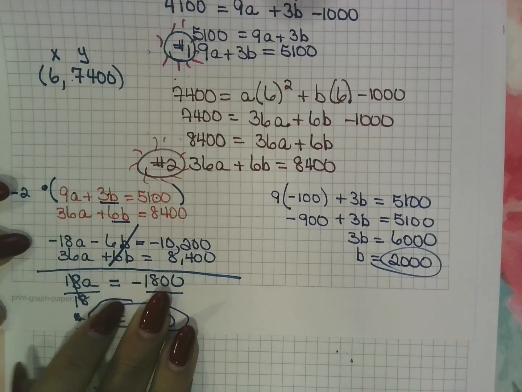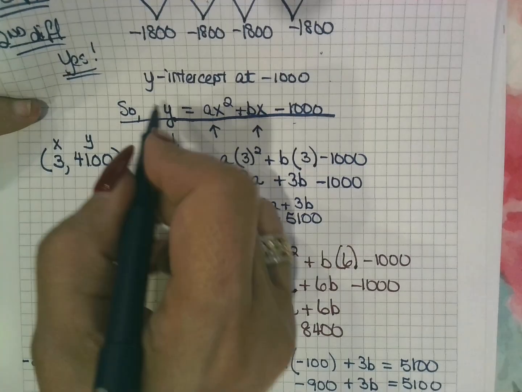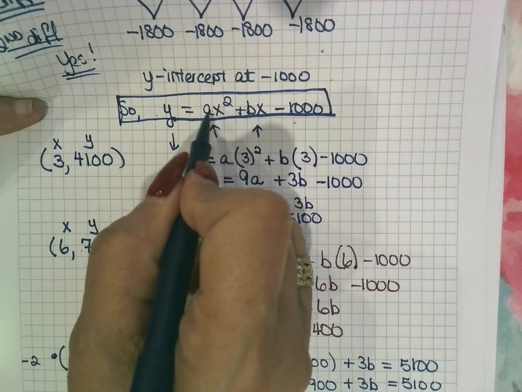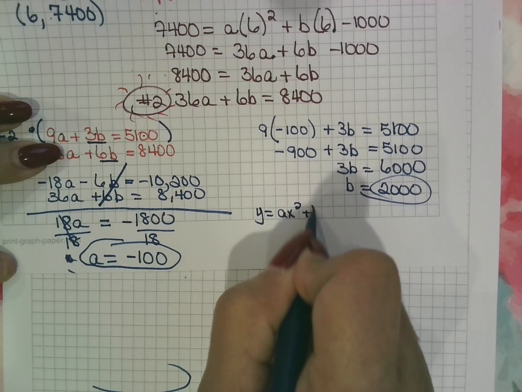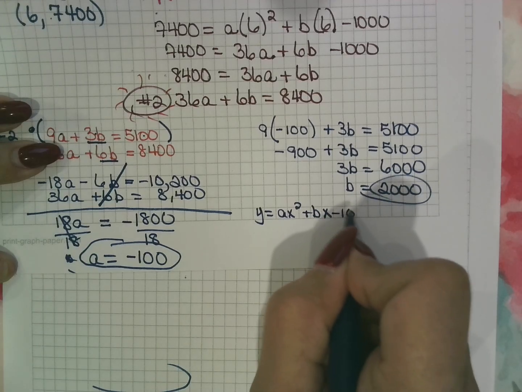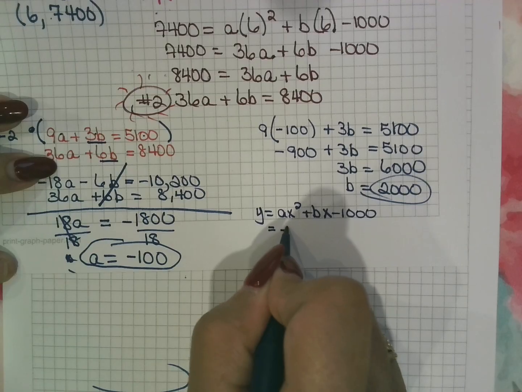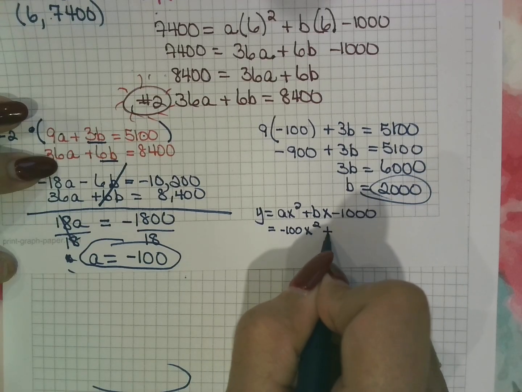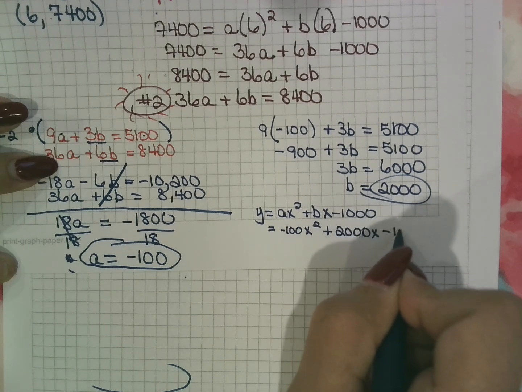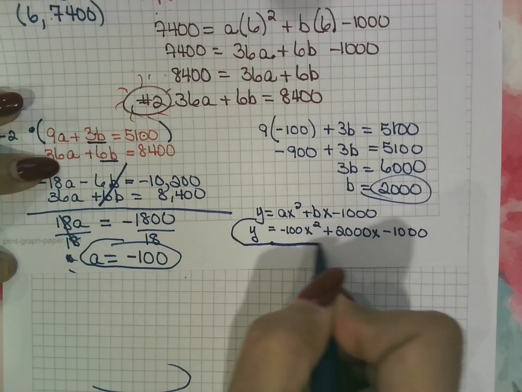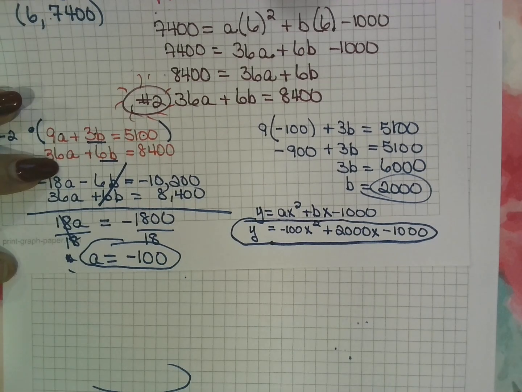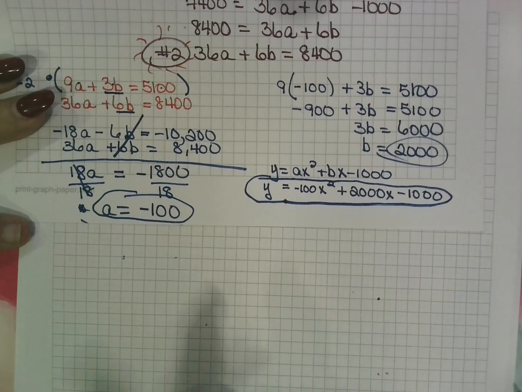All right. So now, I know you're tired. We can go back to that original one right up here and plug in a and b. So I'm just going to rewrite it really quickly. It looked like this: ax squared plus bx minus 1,000. But now we know that a is negative 100, b is 2,000, and we just put in the rest. So we have our equation. Great. But that is not the answer to my question. One more time, the question was, write the function to determine the maximum